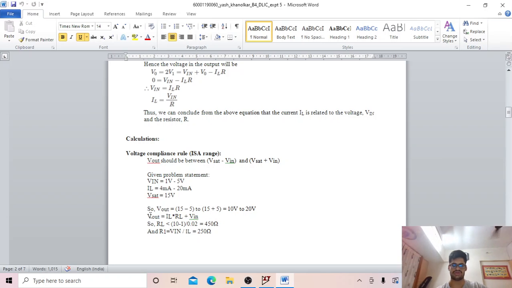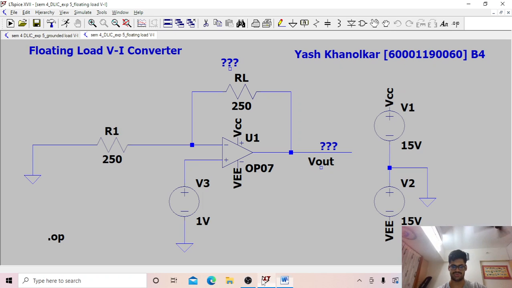And putting that value in this equation, we are getting RL as less than 450 ohm and R1 as 250 ohm. So we put that value of R1 here, and RL should be less than 450 ohm, so we can choose any value here, and we are doing the operating point simulation. So for 1 volt supply voltage, we are just simulating the circuit now. So run,